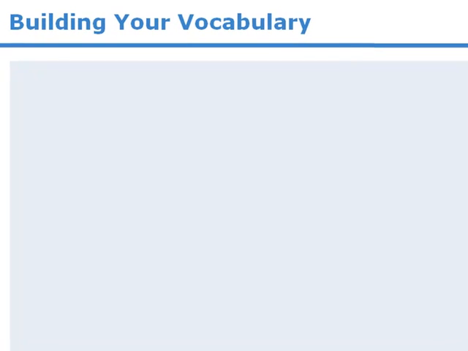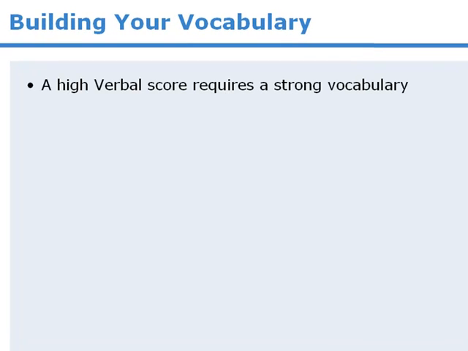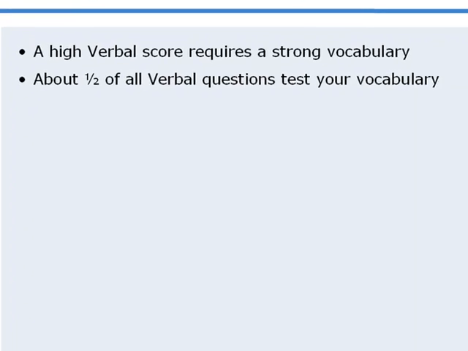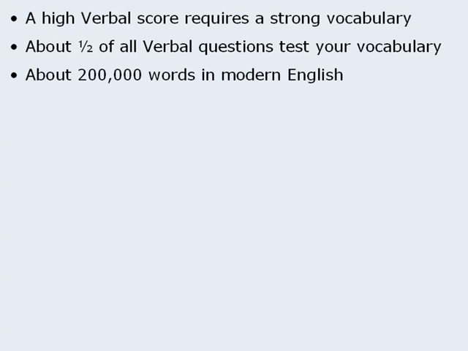As you may have already guessed, you'll need a strong vocabulary to achieve a high verbal score on the GRE. In fact, about half of all verbal questions are largely a test of your vocabulary. So it's important that your studies include plenty of vocabulary building exercises. Now, there are about 200,000 words in the modern English language, so building your vocabulary may seem like a daunting